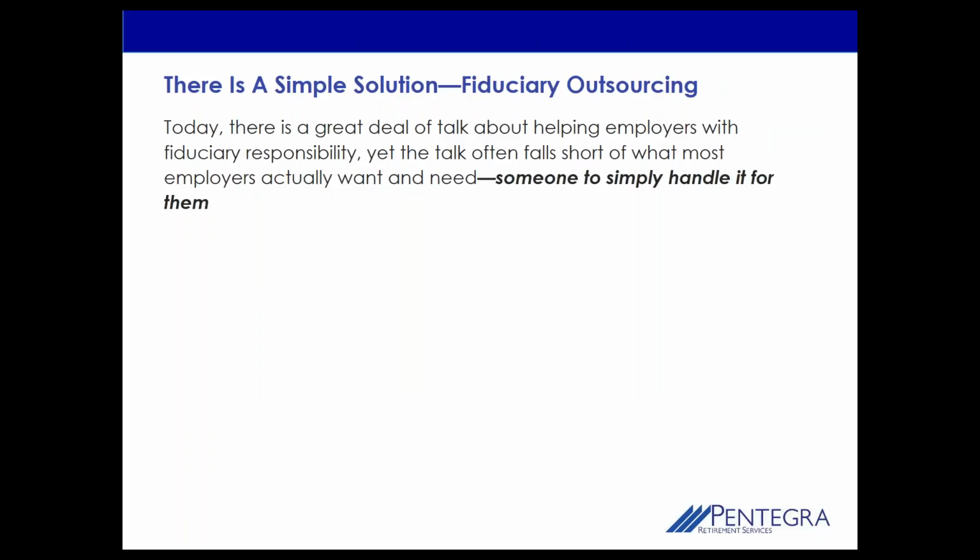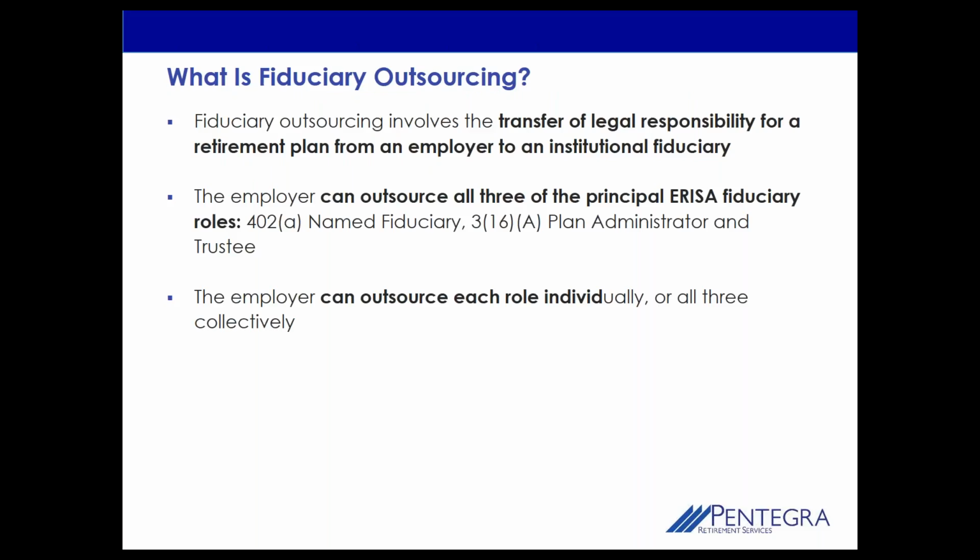So I mentioned earlier that you can outsource a number of these functions, and there's also something called full fiduciary outsourcing. Basically, you're hiring or appointing a firm to take on the various roles. Essentially all 3 roles that I mentioned, whether it's the 316 administrative duties, the 338 investment side of the equation, or even a 321 side of the relationship, all of those essentially can be outsourced, if you will.